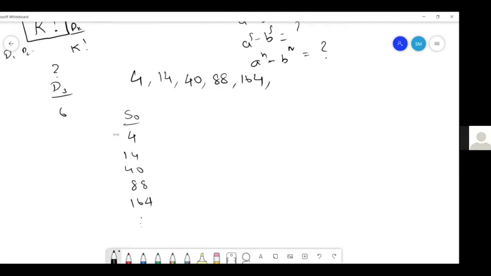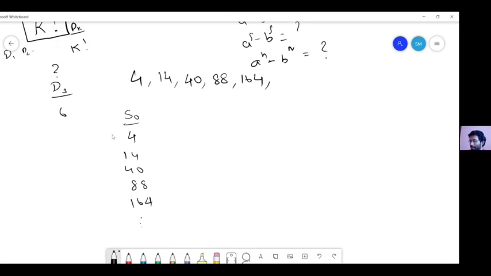Okay. Start with what would be the next term after 164? Can anyone tell me? 274. 274. Excellent. So in fact, this analysis of looking at its successive differences is actually helping us to look at the pattern behind this sequence. Now, can I come up with its formula, supposing we assume that the properties that we have conjectured are true?